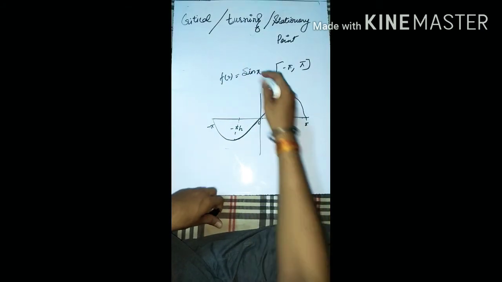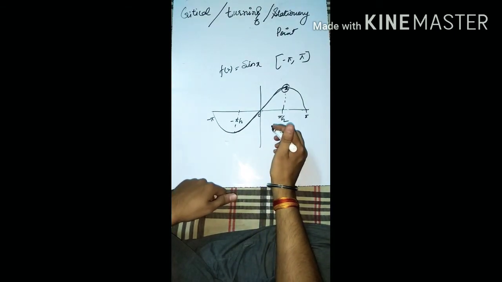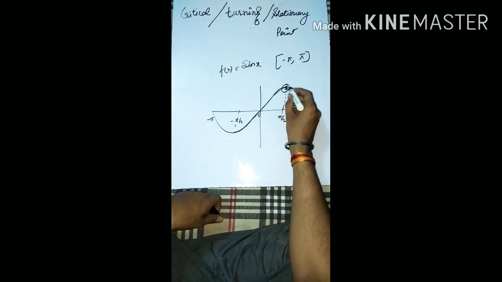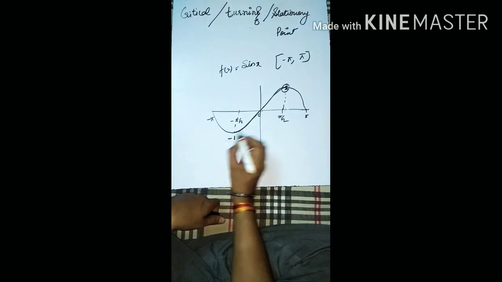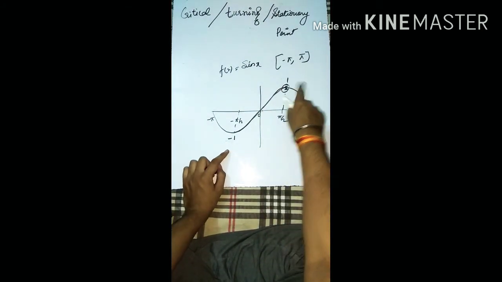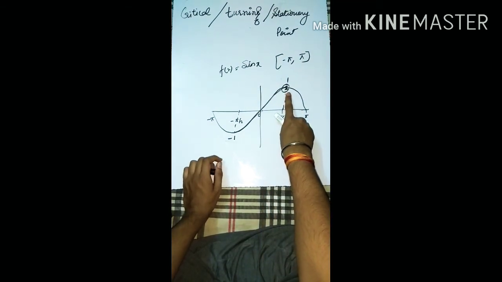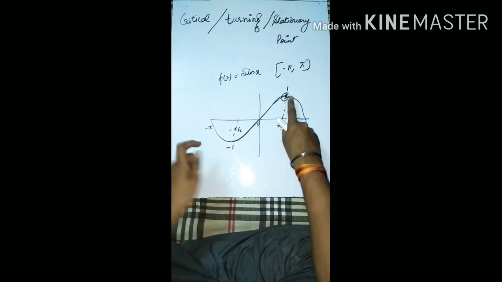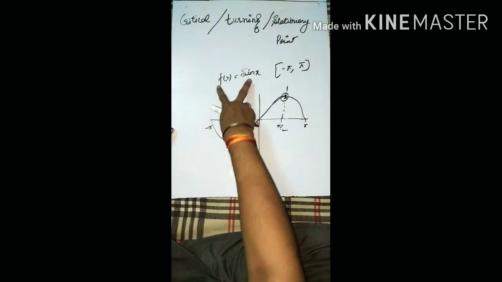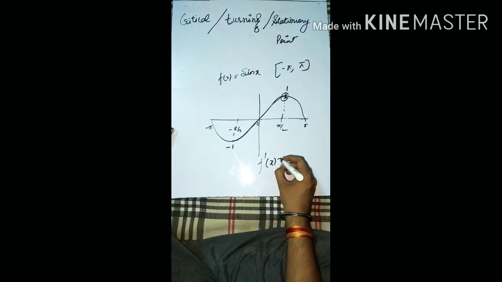Now how can you verify this mathematically? We understood here that it started to increase, and at this point it again decreased. This was the -1 condition and this was the +1 condition. So from -1 to +1 it increased and it again fell down. So this is its turning point. In this graph this point is the turning point. Now how to find this one? You have the function f(x) = sin x. Differentiate this function: f'(x) = cos x.